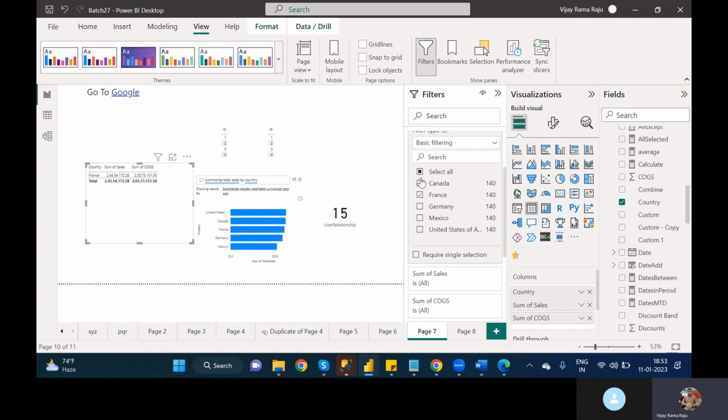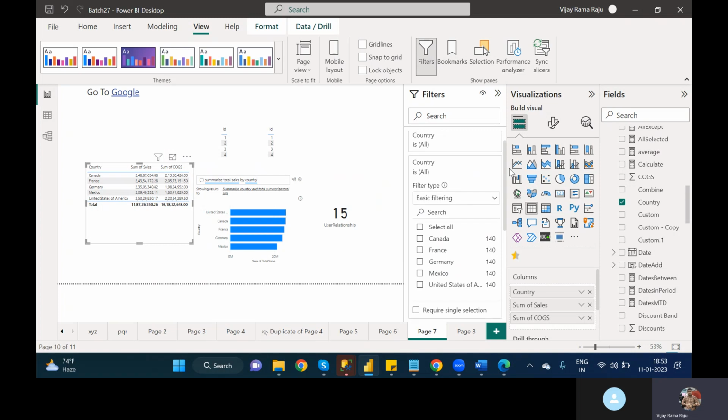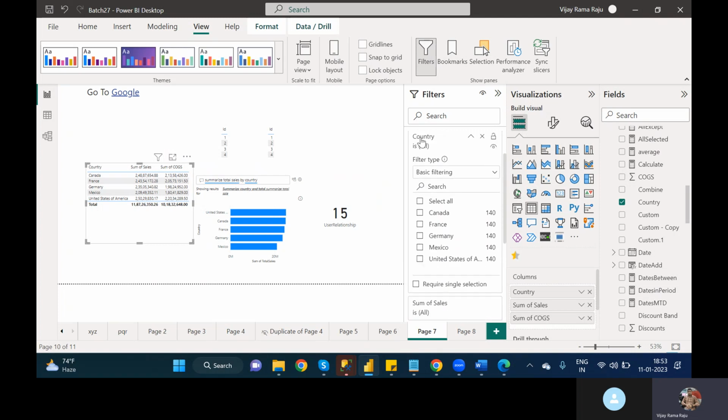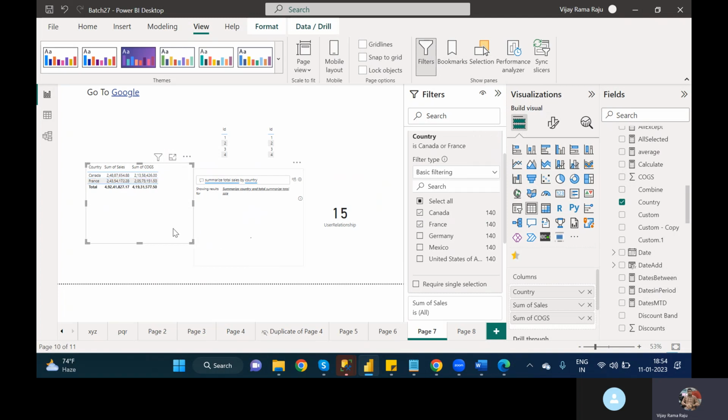If you uncheck all the values, by default it selects all the values. See here, country is All, which means if you unselect all the values also, it is selecting all the values. If you select all the values also, you can click on this option. If you checked only a few values, Canada and France, then see here,